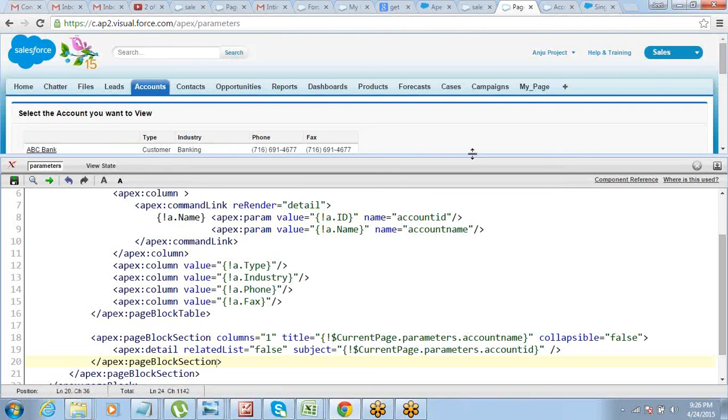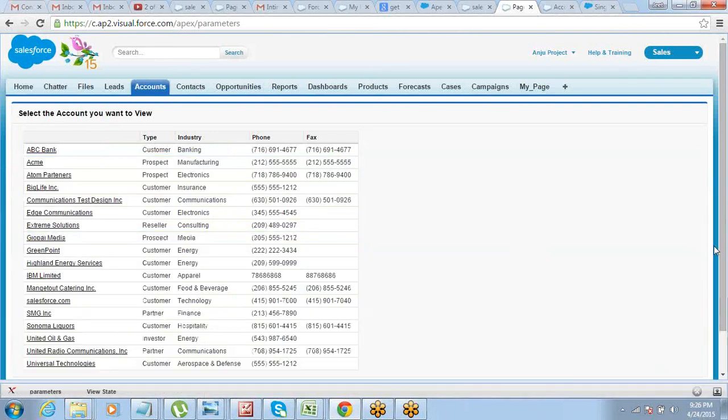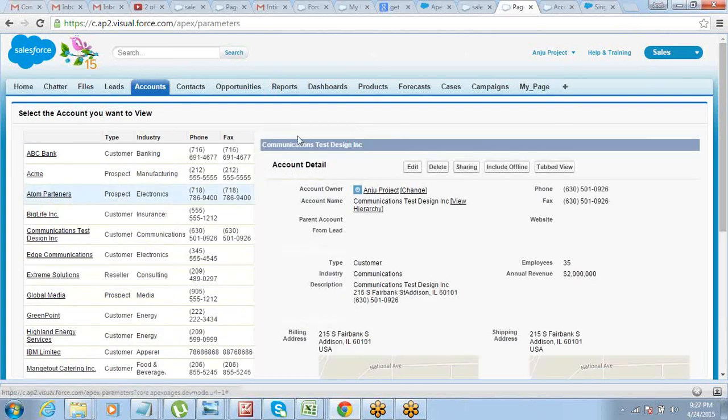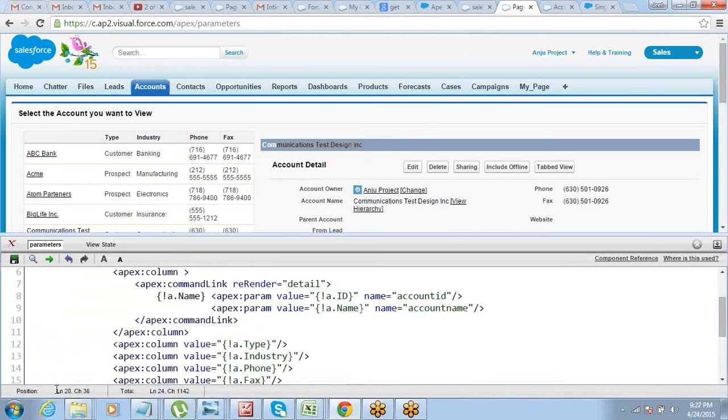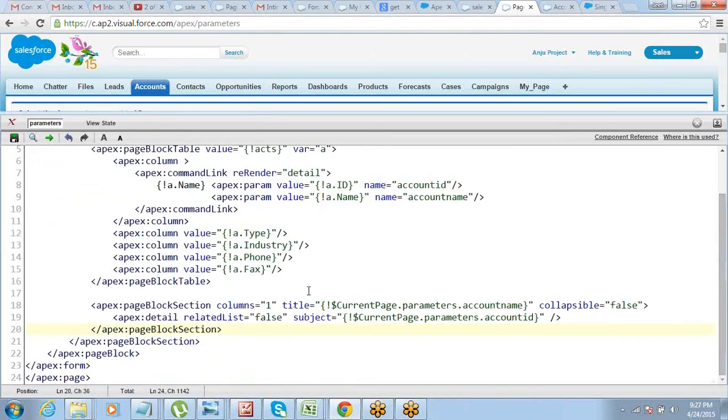Okay. So I've just created a page block section on this side so that it can have a title, and the title will be supplied from the account name. So the account name is supplied as the title. So same concept, I've not used anything different, just that in the title I'm calling that account name parameter. For the subject of the related, for the detailed record, I'm calling the account ID parameter. So you can define multiple parameters also. Basically what I'm trying to say here is, we can define multiple parameters on the same link and use them wherever we want.